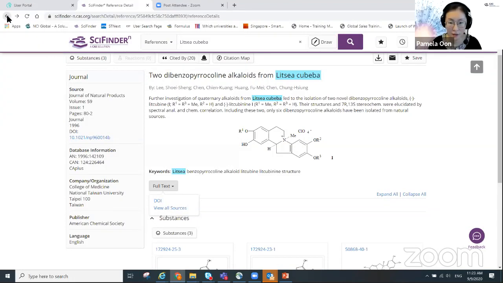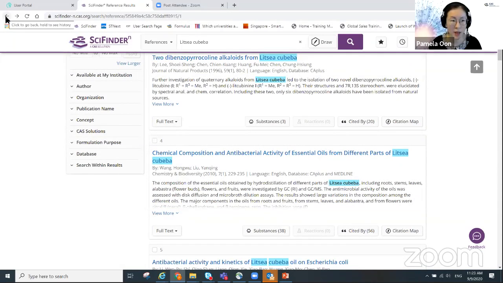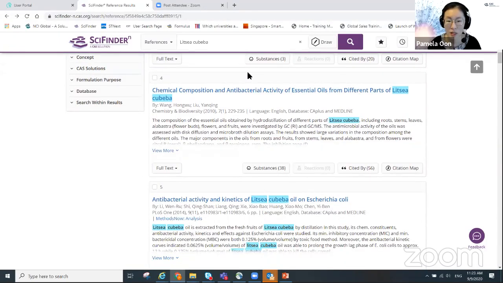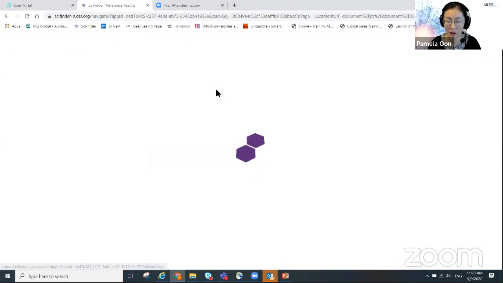Okay, so go back. And then you can also now use the back and forward button on the browser to navigate within the SciFinder N platform. Okay, and then you can see for something like this, it has 38 substances indexed. So if I click on this,